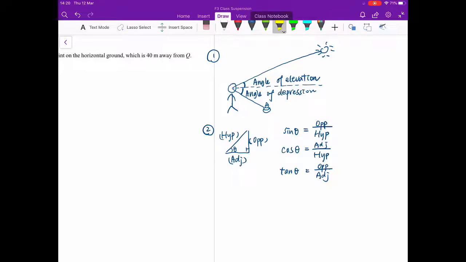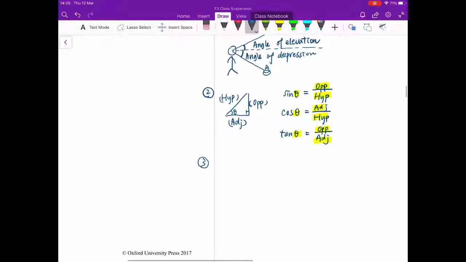And you can see that for all three ratios, sine, cosine, or tangent, all of them try to relate two sides with one angle. Two sides with one angle. With different pairs of sides, it relates to different ratios. So whenever you need to use sine, cosine, and tangent to calculate something, you need to have two sides and one angle. And then the first thing you may need to use is